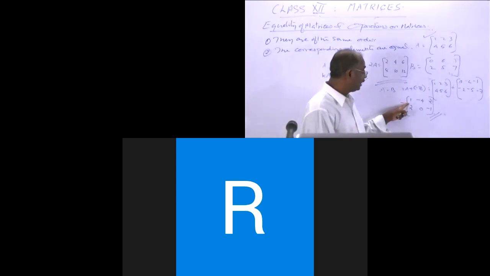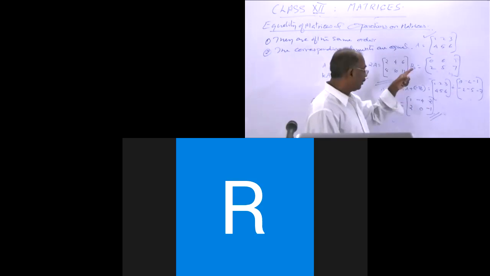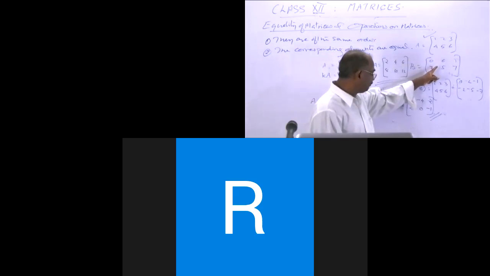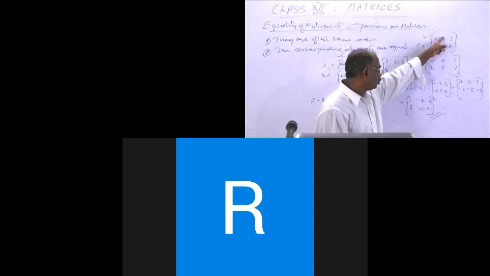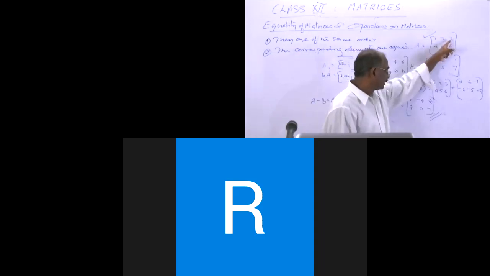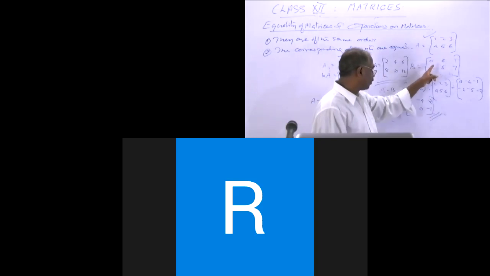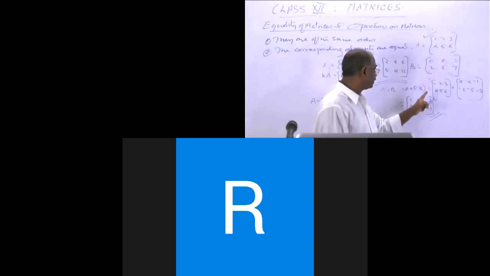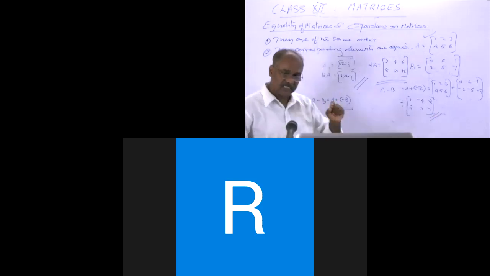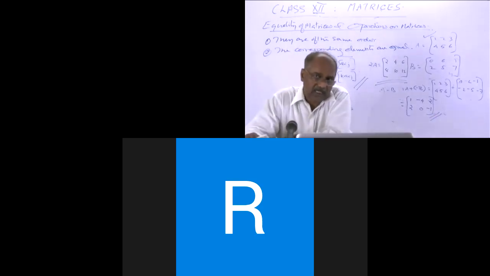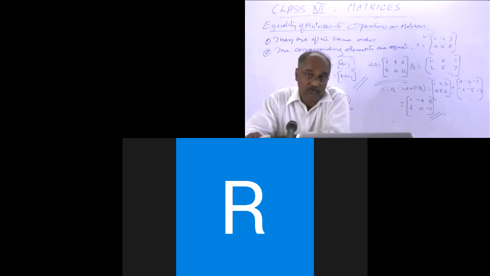And this is clearly obtained by subtracting the corresponding elements of B from the elements of A. So 1 minus 0, 1, 2 minus 6, minus 4, 3 minus 1, 2, 4 minus 2, 2, 5 minus 5, 0, 6 minus 7, minus 1. Even though subtraction is defined in this way, it is clearly the matrix obtained by subtracting the corresponding elements of the second matrix B from the first matrix A, which is A minus B.